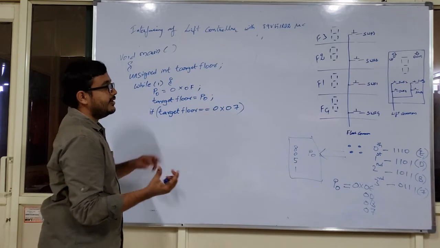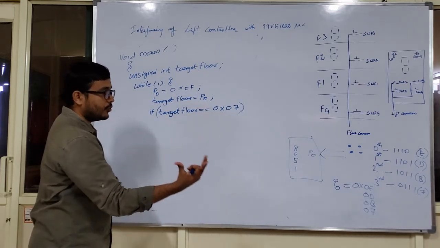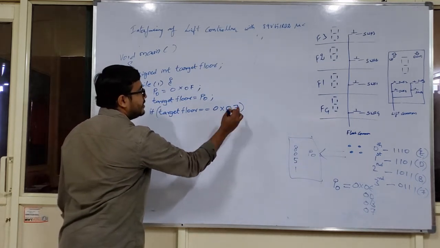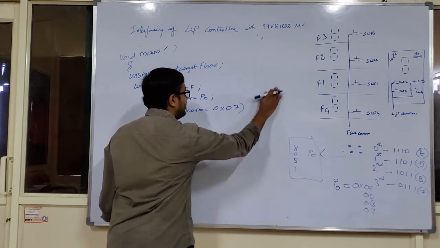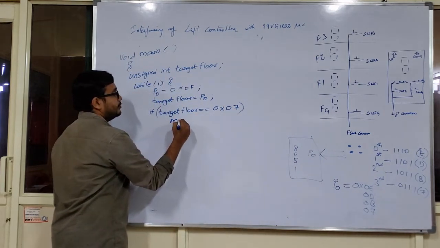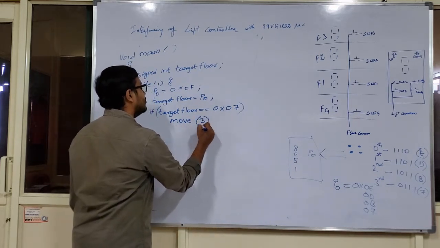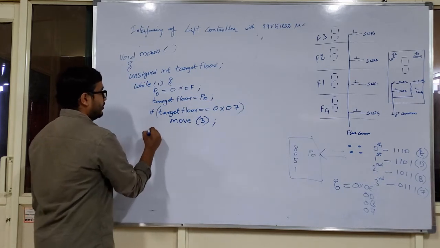So P0 will be taking the activity of scanning the keypad continuously. In the keypad I am having 4 push buttons. So if the target floor is 0x07, that means indirectly I am saying that the third push button has been pressed here. So if the third push button is pressed, that means I have to move to the third floor from some floor. Okay, else if